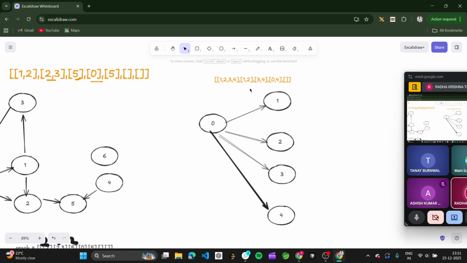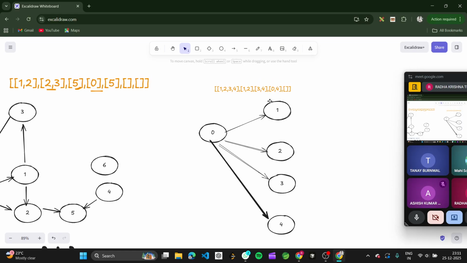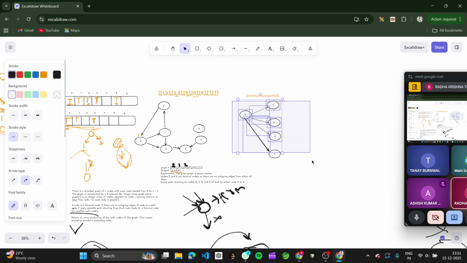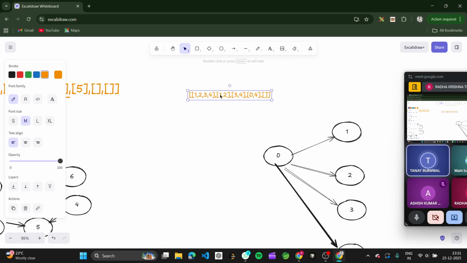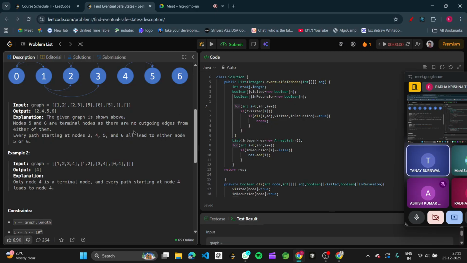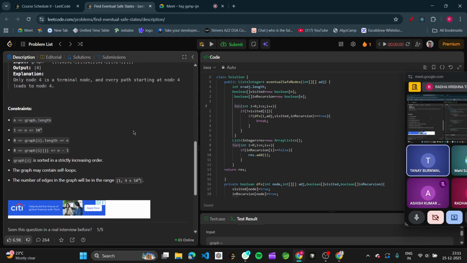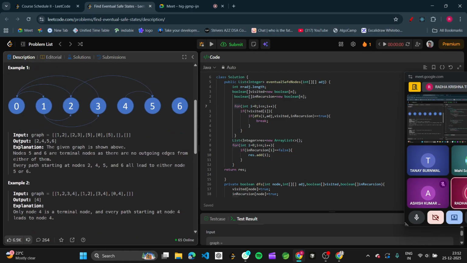Then what is next? 1 goes to 1 2. 1 has a self loop also, okay. Self loop edge case you did not take. Because of that it is failing, do you think so? I think so. The self loops, yes, they have given that it shouldn't be considered as